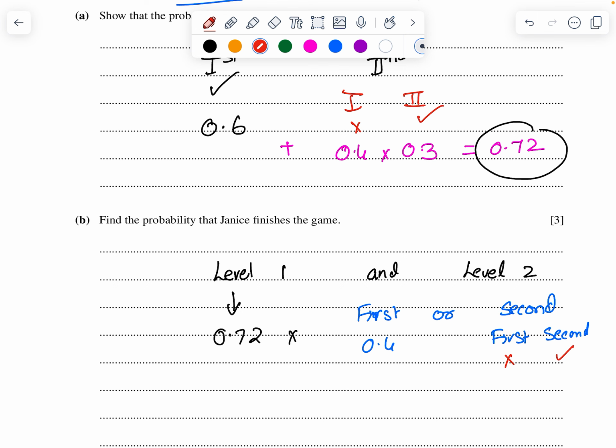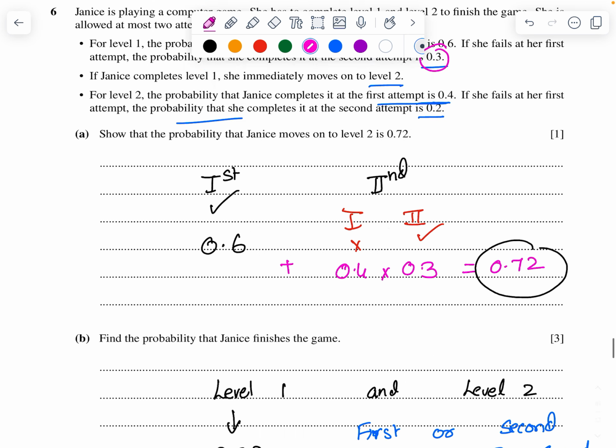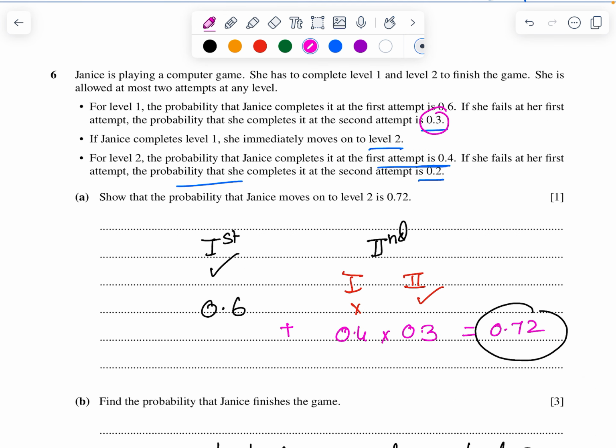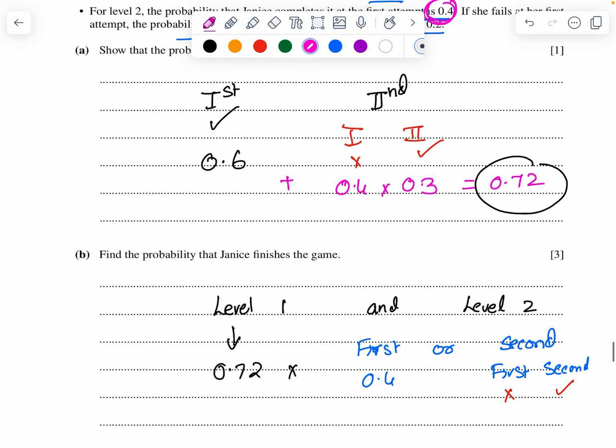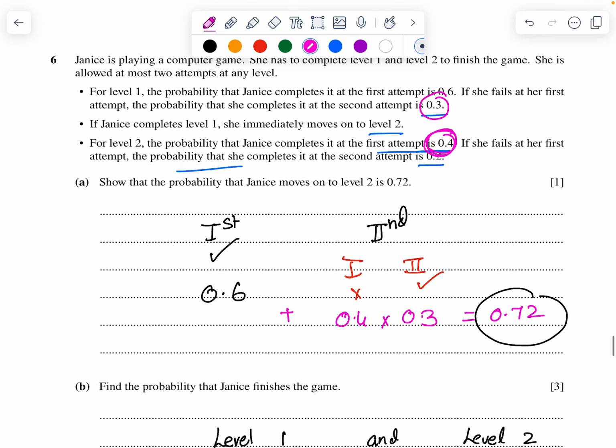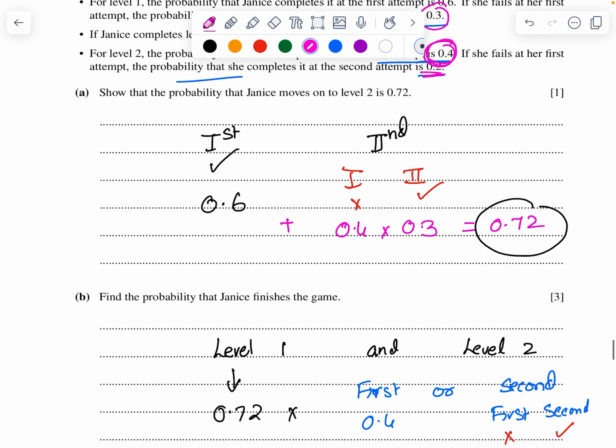Second attempt she has passed. So first attempt she has failed. What is the failing of the first attempt? If passing of the first attempt is 0.4, then failing of the first attempt is going to be 0.6. Passing at the second attempt is nothing but what? 0.2